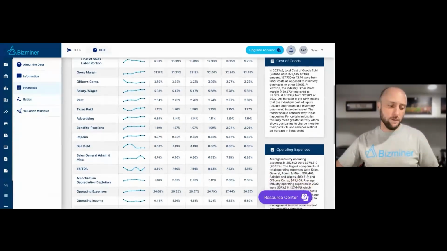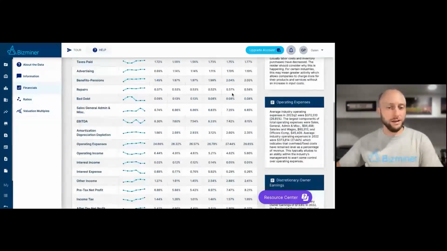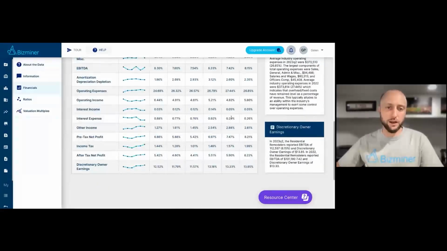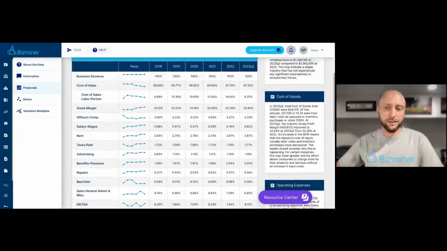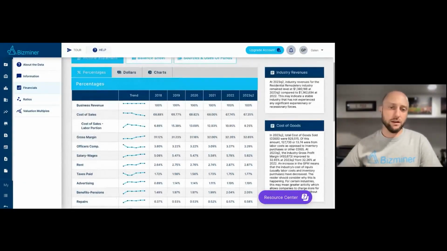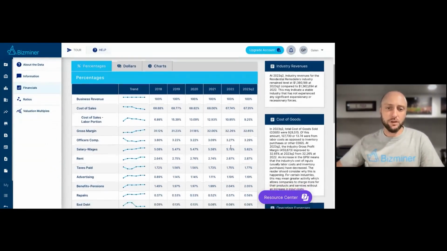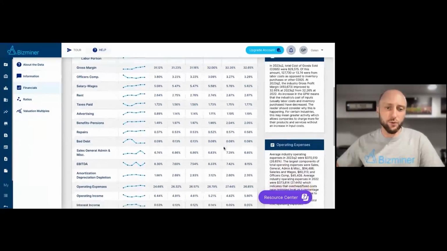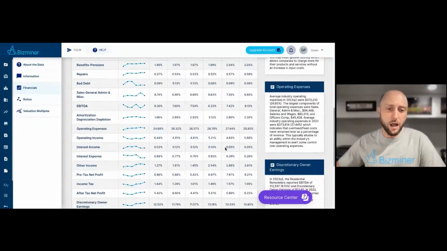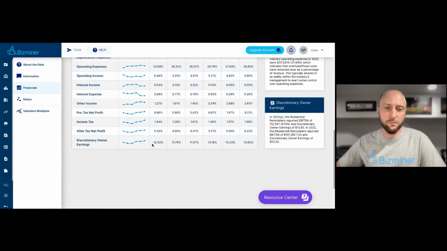As you can see, very, very detailed. So we're known for the granularity of our data. There's about 24 line items here. So you're not just getting 8 to 10 standard P&L line items. You're getting a good breakdown of things like officers' comp, salary and wages, rent, EBITDA, operating income, and one that